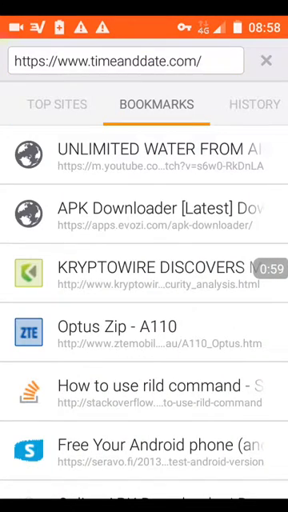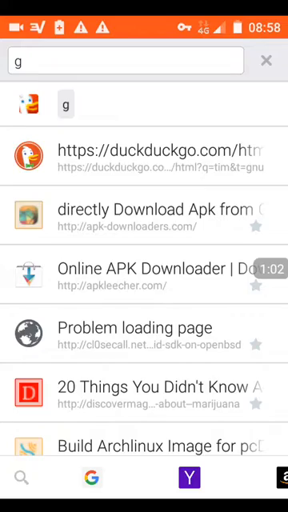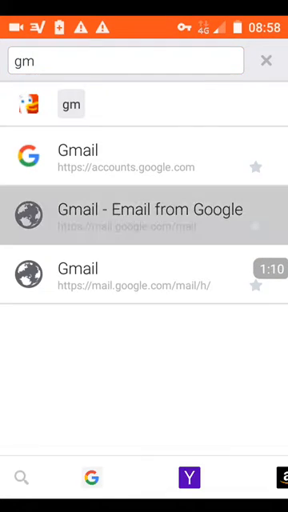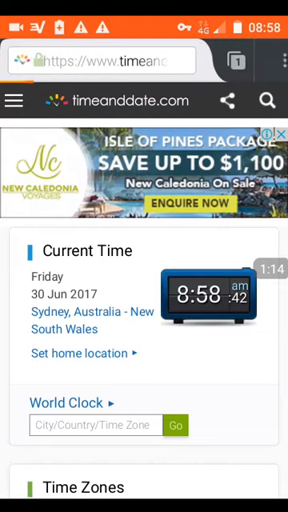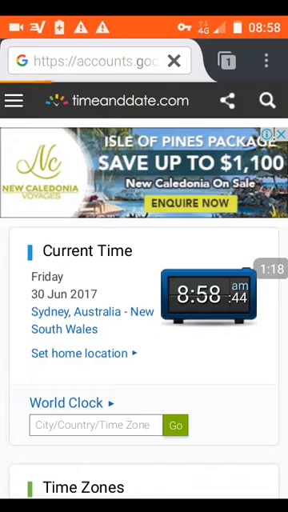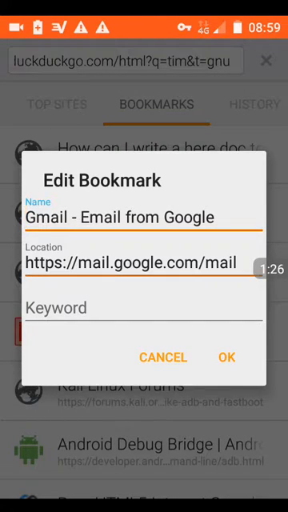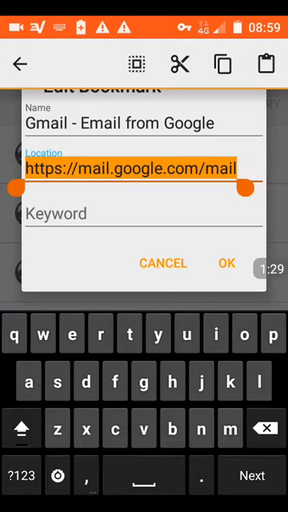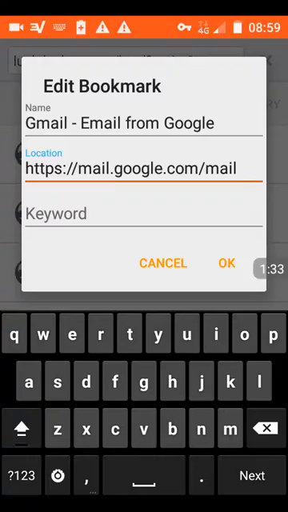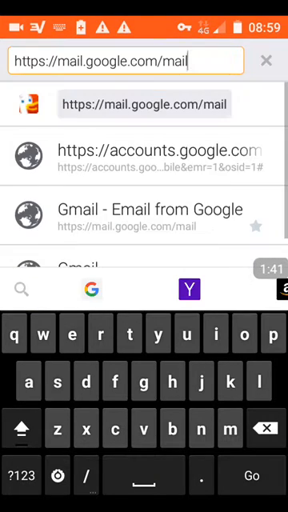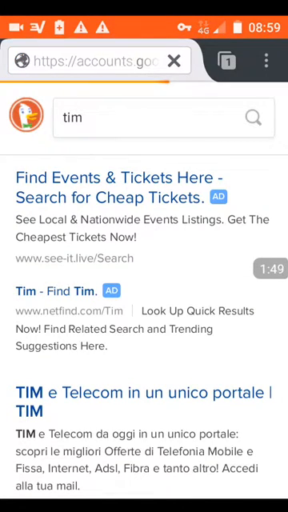So basically, here we are. I'm gonna go into my bookmarks, and I'm gonna get my Gmail. Okay, so here's the email bookmark that I used to use to access Gmail. I used to use this all the time because I thought it would take me directly to Gmail instead of going through accounts, but I guess they've changed that. Anyways, that's what I was using, and then when I go, it redirects me, of course, to this,